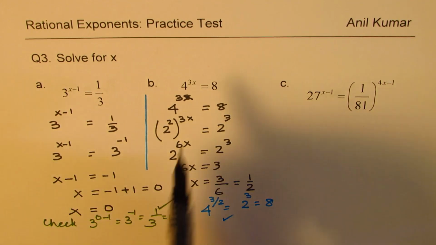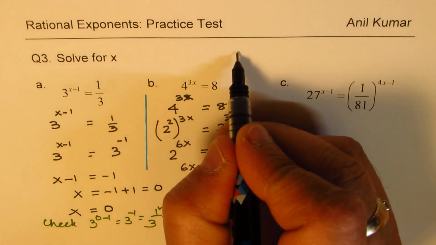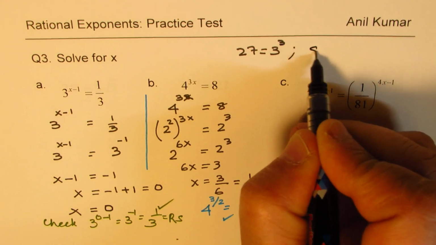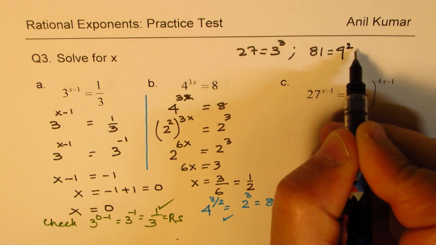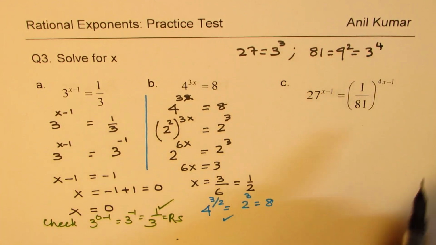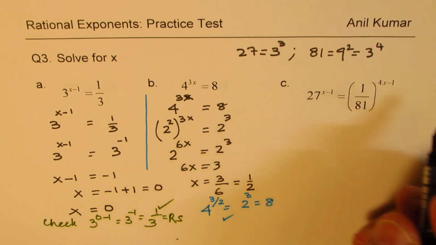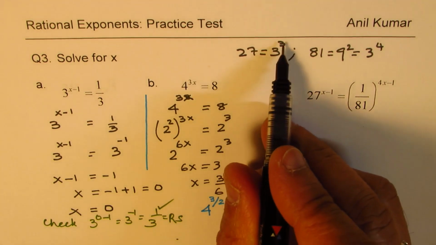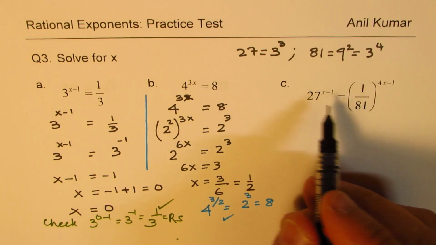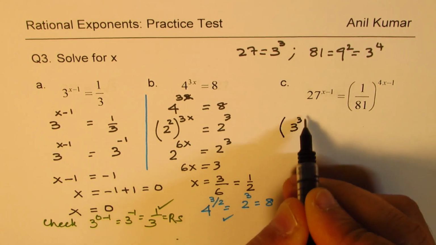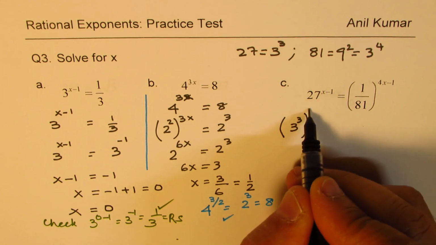Now here, what should you do? Well, it is 3's powers, right? 27 basically is 3 cubed, and 81, which is 9 square, is 3 to the power of 4. Good? So think like this. It becomes very easy. So instead of 27, I'm going to write 3 cubed. So I'm not rewriting the question this time. So instead of 27, I'm writing 3 cubed, and we are writing power of 3 cubed is x minus 1,